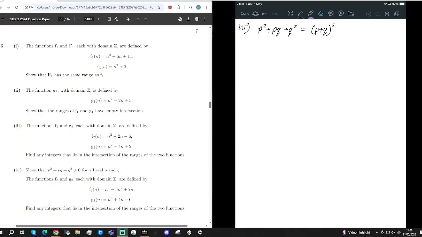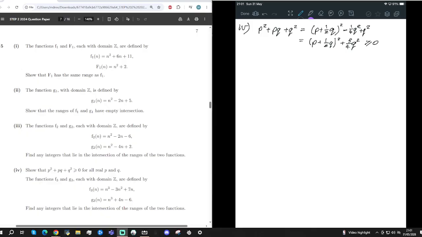So I'm actually going to go back to the idea that the question's been using repeatedly and complete the square on this, rather than seeing it as almost looking like p plus q squared. So completing the square, you'd halve the coefficient of the p, which is a half q. You'd subtract off that thing squared. And now we actually see a much more pleasant expression, because now we have the sum of 2 square things,